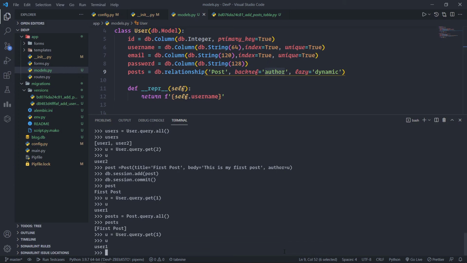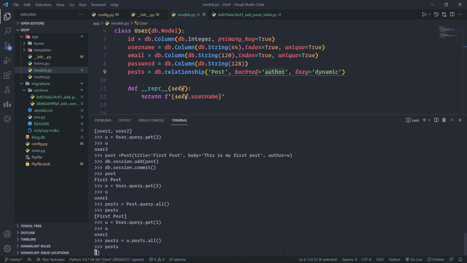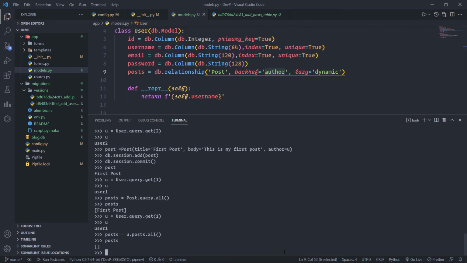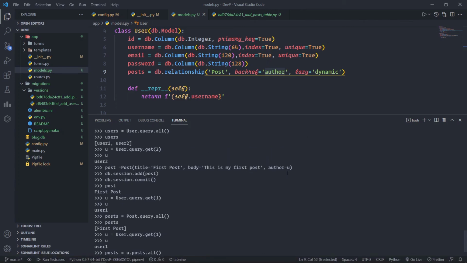So in u we have user 1, and to get all the posts written by a user, we just need to write posts is equal to u.posts.all, and if we print posts we can see there is nothing. Why? Because we have not created any post by this user. We have created a post, but the author is user 2, right? While creating the post we had the user 2 object in the u variable.